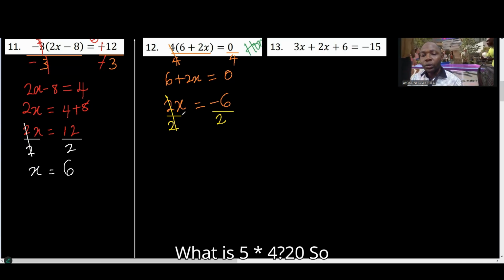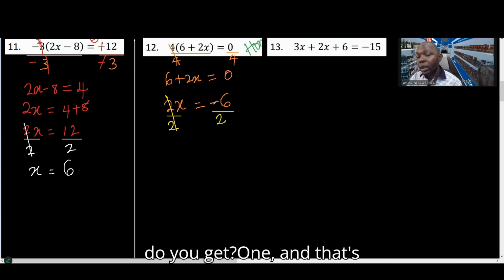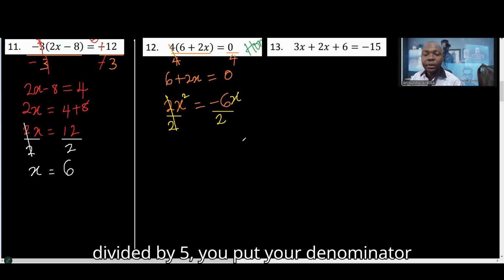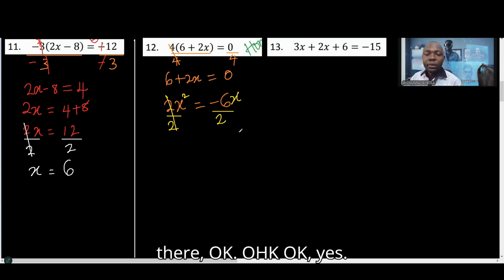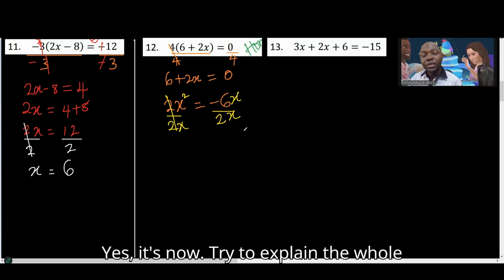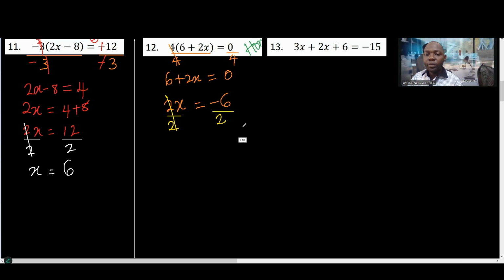2. Good. So when you have 2x again, if you have anything x, don't divide by the x unless maybe there is x squared here and there's another x here. And then you could divide by x. Is that clear? Yes. I'm just showing you this. You might meet it in the nearest future. Don't tell me I don't know what to do. You just think out of the box. Okay, fine. We have x remaining here.